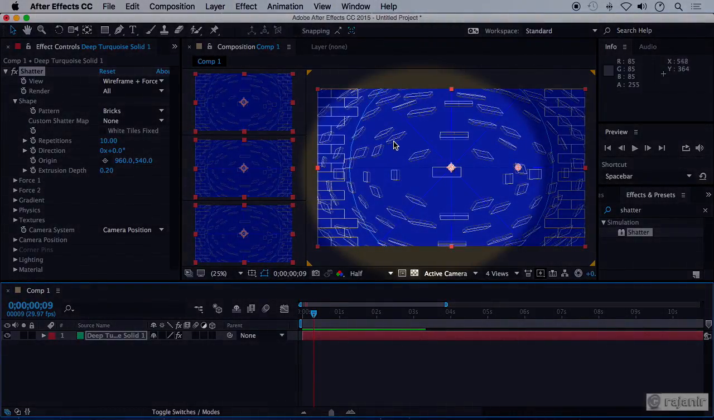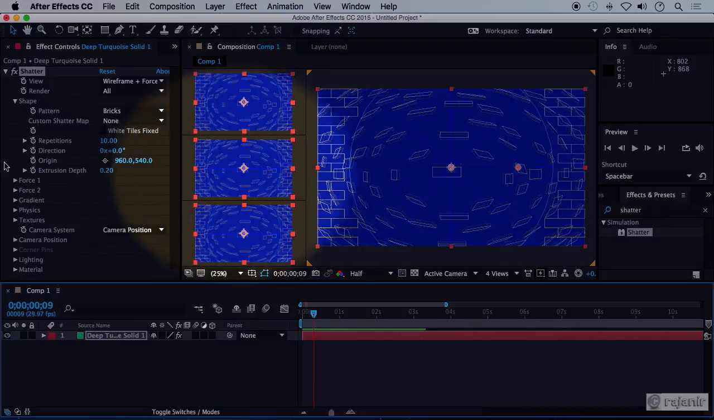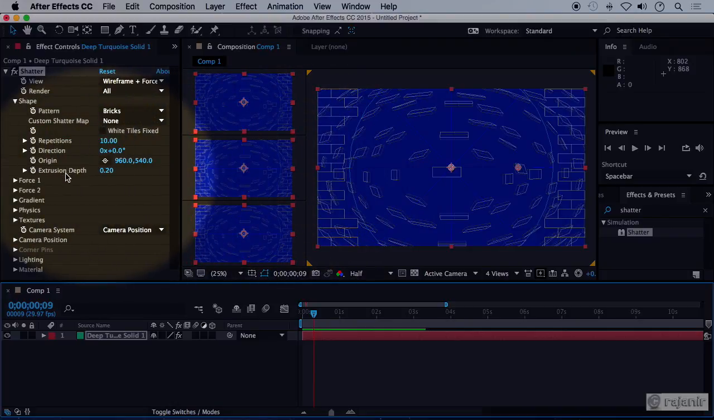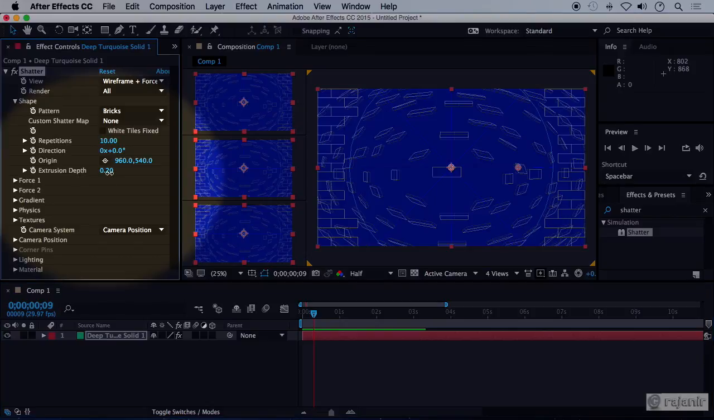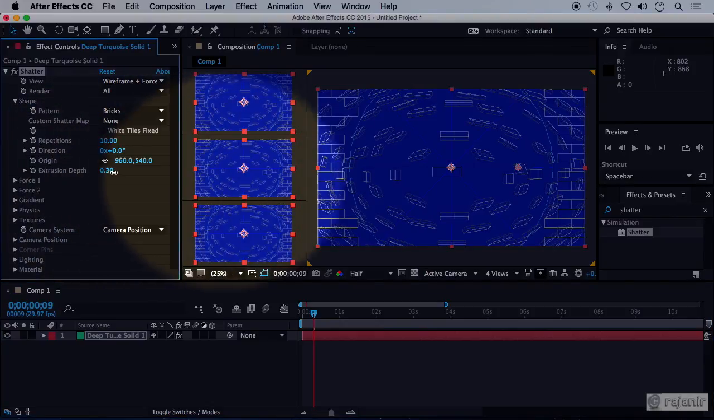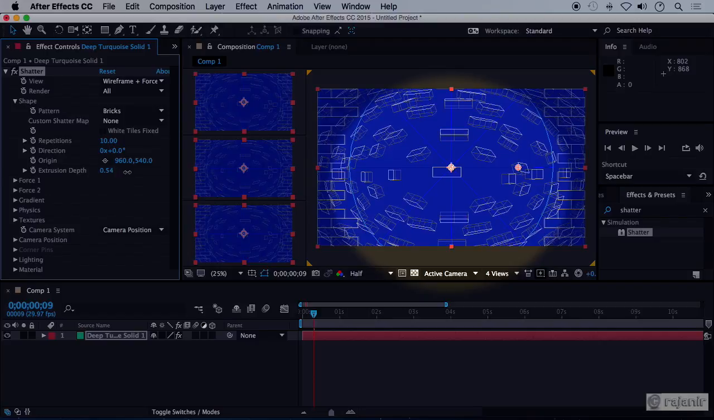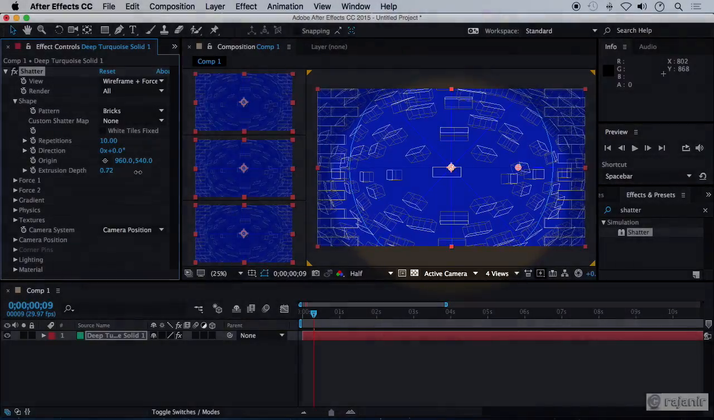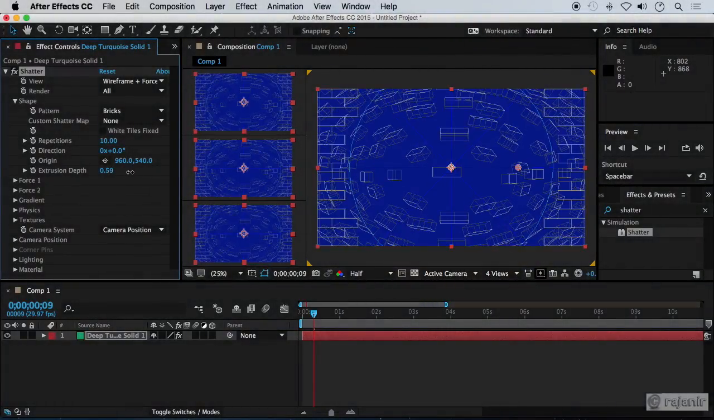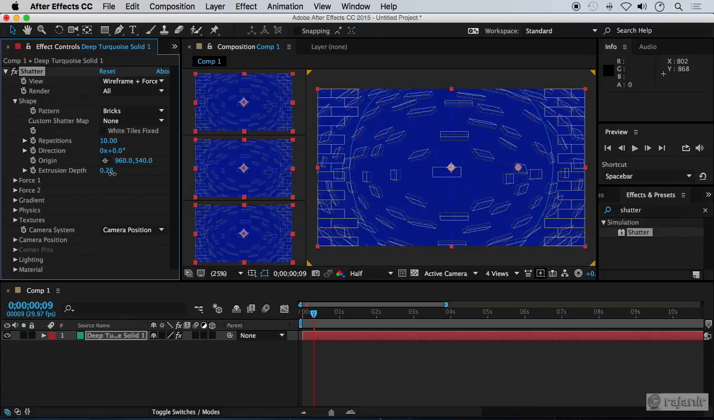Now, in this shatter, when the bricks are shattering, you can see that it has created some depth to this brick pattern. This depth is this extrusion depth. If you see in this effect control window, this extrusion depth can be increased. See, this is increasing extrusion depth. Okay. Now let us keep this extrusion depth to 20,